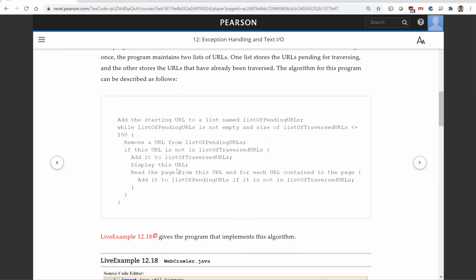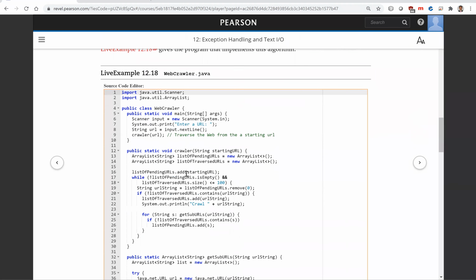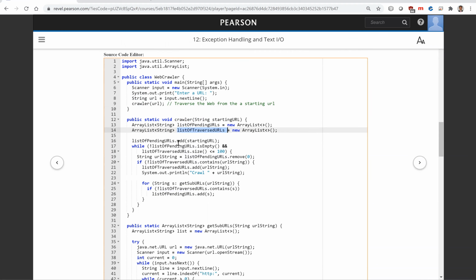And for the algorithm, we implement the program. So this is the one, and it prompts the user for the starting URL. And now we use this method, crawler URL. Now you see we maintain 2 lists, the list of pending URLs and the list of traversed URLs. First we put the starting URL in the list of pending URLs. While the list of pending URLs is not empty and the size of the list of traversed URLs is less than 100,